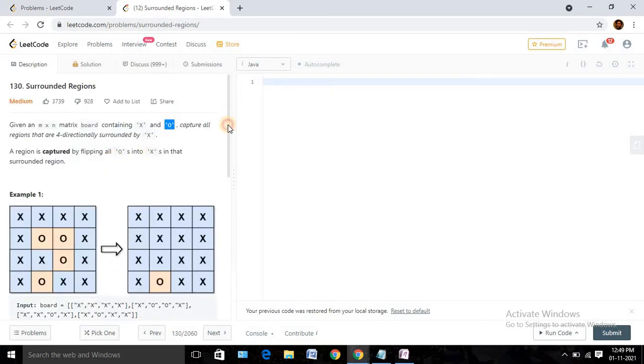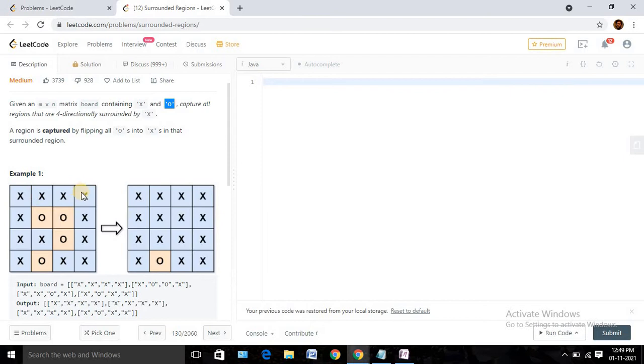So suppose this is our input board, and we have, see, there are 4 cells with capital O value. We need to flip those capital O's to X, but there are some conditions. We can't flip the O's which are on the edge, that means here, here or here. So we can't flip those O's, but whatever is in between, like here we have 4 O's, this one, this one and this one, we can flip to X, but we can't flip this one, because it's on the edge. This is the first condition.